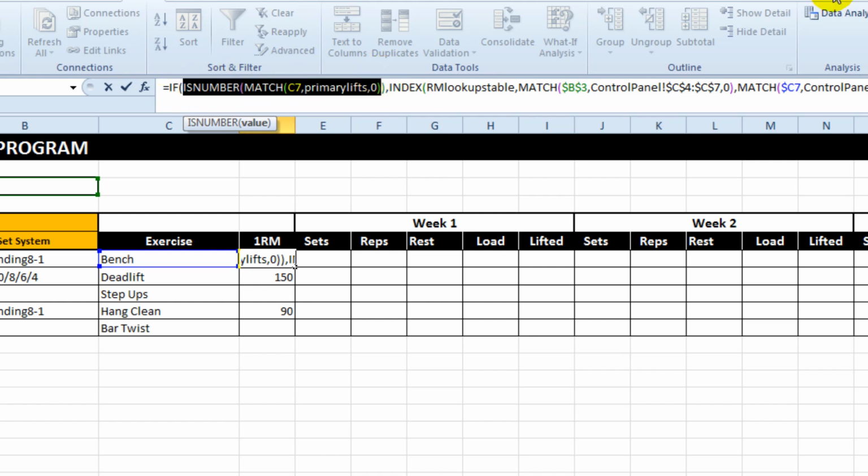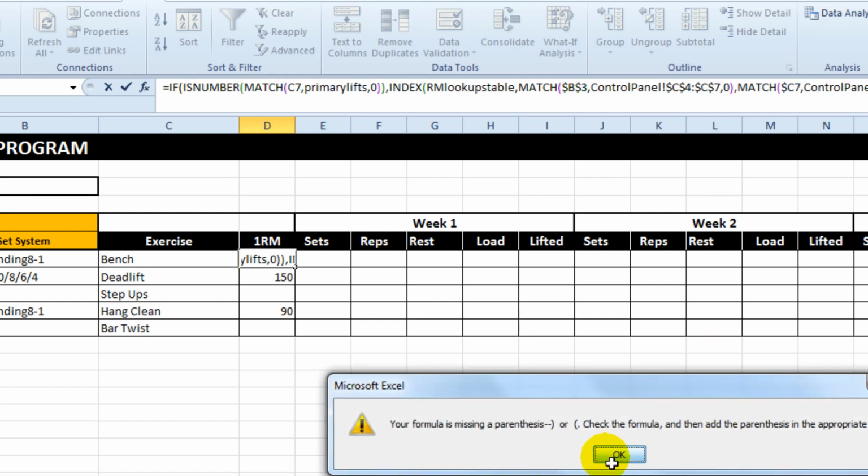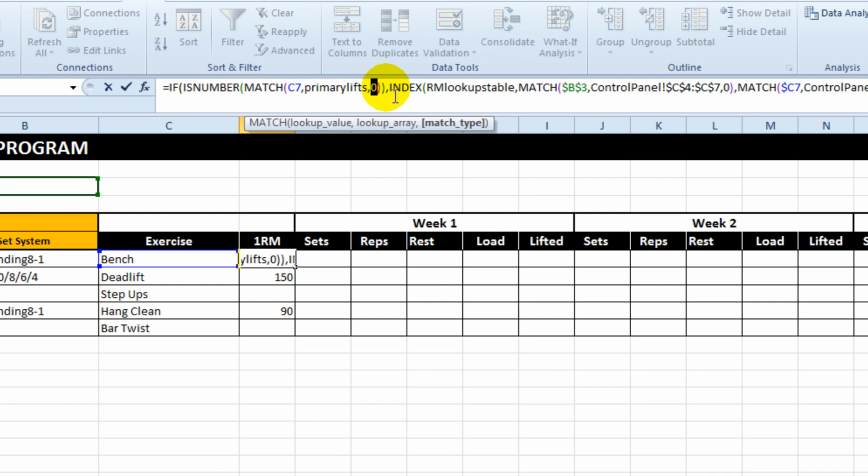When you do an if equation, you want a true or a false. Oops, excuse me, I didn't select that last bracket. Hit F9 and it says true. So this is true because bench is in my list of primary exercises and therefore there is an RM attached to it. If I go down to step ups,